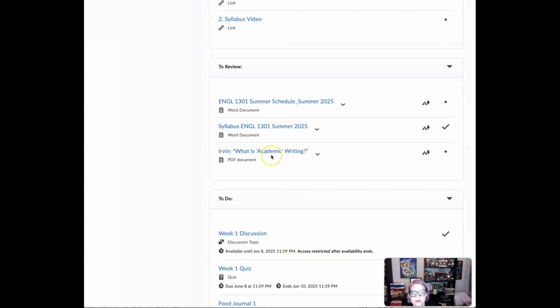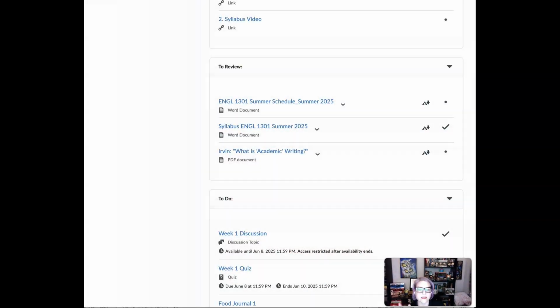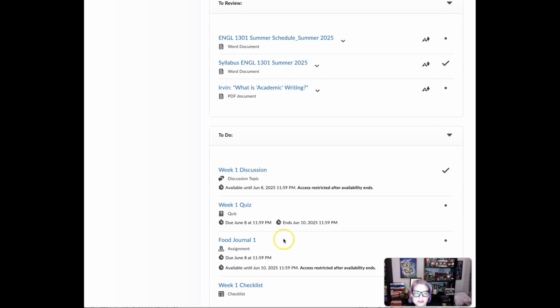But I love Urban's article. I always start a semester this way because I think he really effectively breaks down this idea of what academic writing is, because it's going to be different for all of us in all these different courses. So, I think it's just super approachable. He also tackles some myths when it comes to writing that we all carry with us. Most of us will carry more than one of these myths with us, but at least one, and you'll see what I mean. Okay, so you have a link directly to the discussion here.